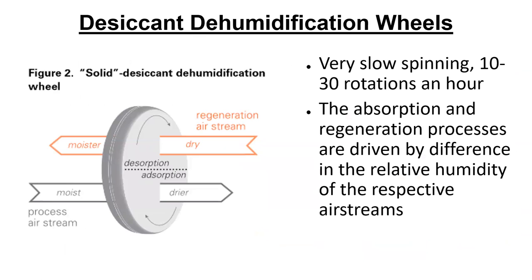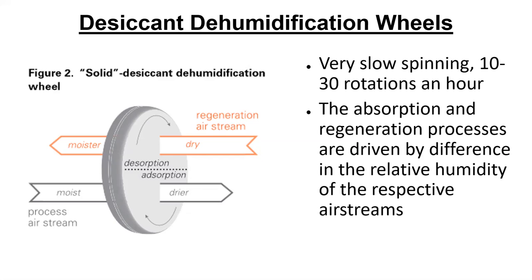Okay, desiccant dehumidification wheels. Like I said, this is the way those things are commonly put together. And you can see from figure 2, you've got the wheel divided into half. I think really the adsorption part is usually about 65, 70%. But anyway, just for discussion, they divided it in half. So you would have separate ducts. You would have two ducts sandwiched together, and they're just trying to show the wheel.